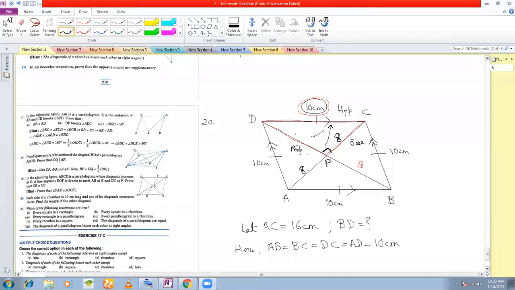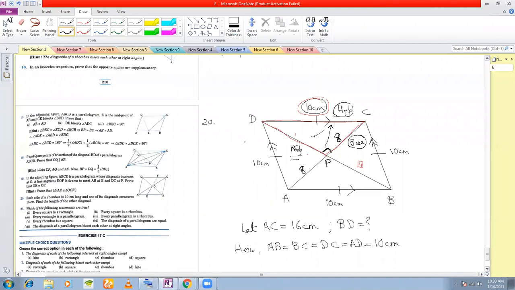What did I tell you in Pythagoras theorem? That in a right angle triangle, if you know any two sides, you can find out the third side, right? So here, let's see, what do we know? We know the length of the hypotenuse, 10 centimeters. We know the length of the base as 8 centimeters. We can find out the length of the perpendicular by Pythagoras theorem. So we shall apply Pythagoras theorem to find out the length of the perpendicular.